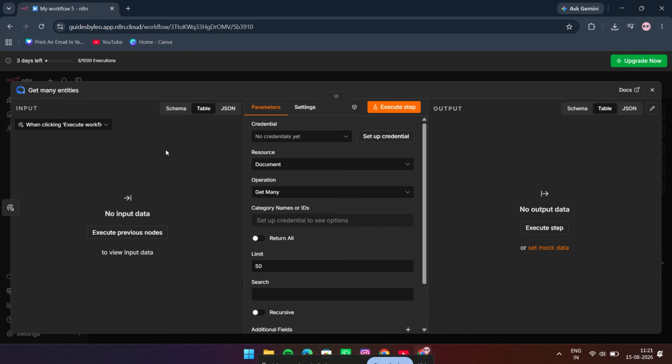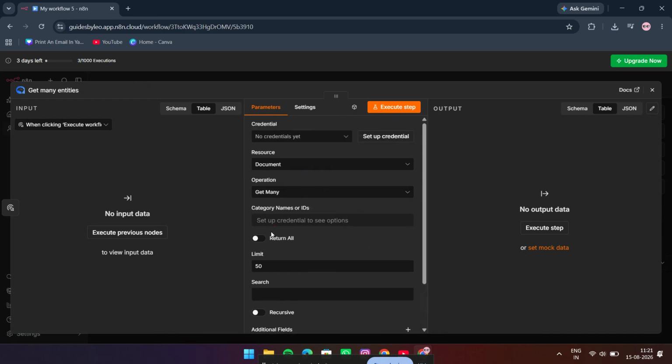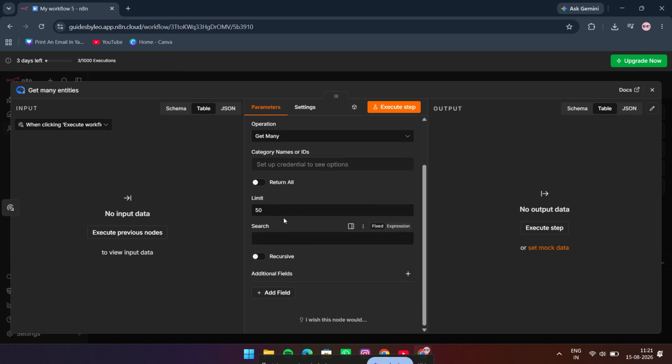After that, you need to configure what you want. This is where you define the details for the node so it knows what to extract, process, or generate. Depending on your use case, you may enter instructions, set the required fields, and specify the data that you want returned. Take a moment here to be clear and specific, because the more detailed your configuration is, the better your